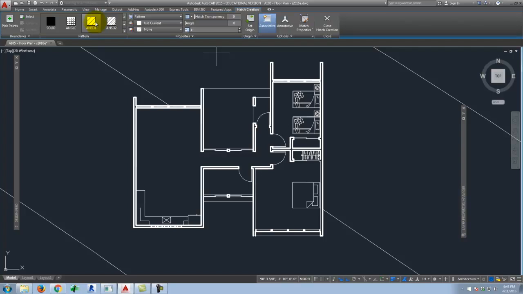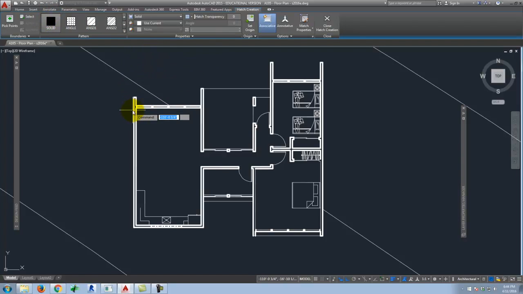And so right now it's set at kind of a diagonal 45-degree line. I could expand this and pick from any number of presets, and you can kind of scroll through. There are also, like let's say you were doing something that used a bunch of Bellegarde pavers. You can go to Bellegarde and you can get a hatch pattern of the particular Bellegarde paver that you were going to be using. So some companies offer hatch patterns for a particular product. So anyway, for right now I'm just going to pick on solid because I just want there to be a